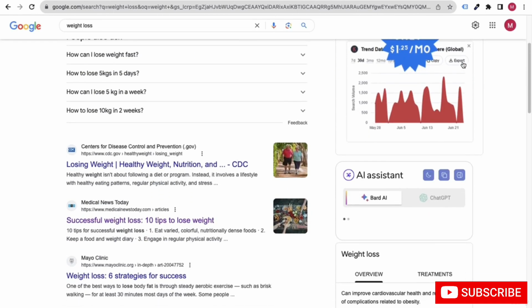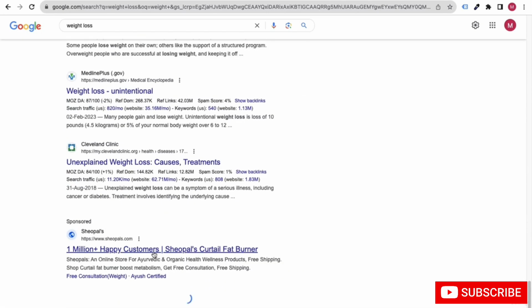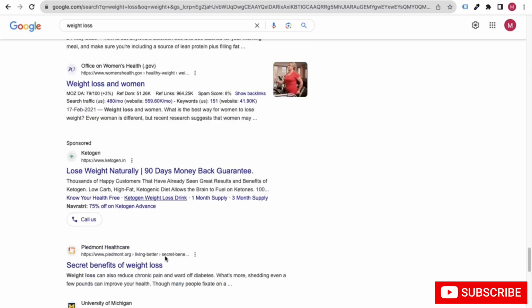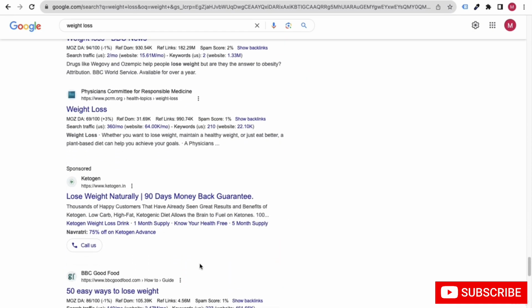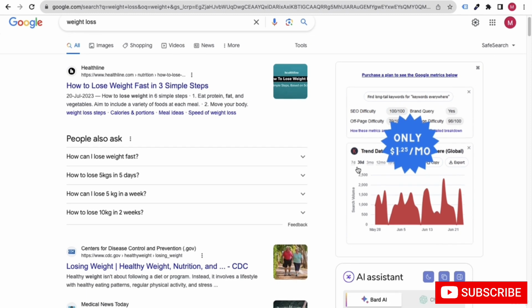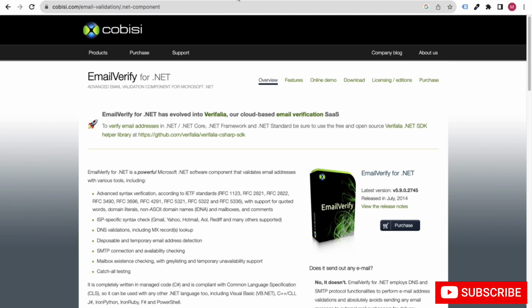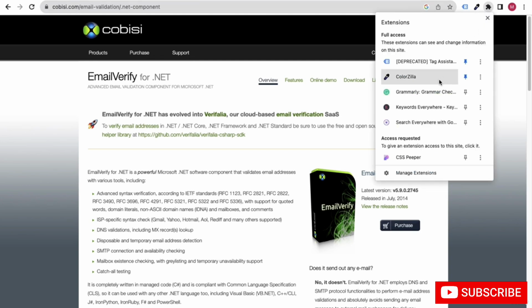There are keyword ideas, and they also display the keyword ideas at the very bottom of the search engine results, right? So this is what this free keyword tool basically is. It will also display a lot of other things. But when you access this Chrome extension, they start to promote their API key. So you can get their API key and use it. This is what you can do: you can go ahead and create one free Chrome extension.